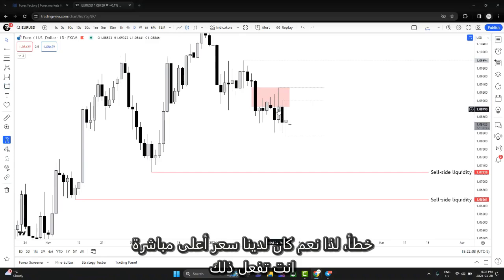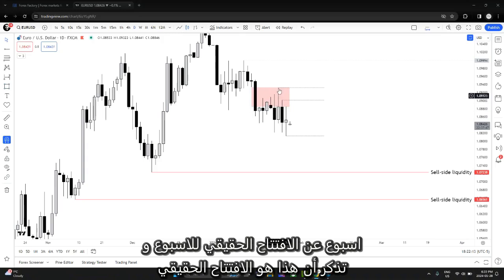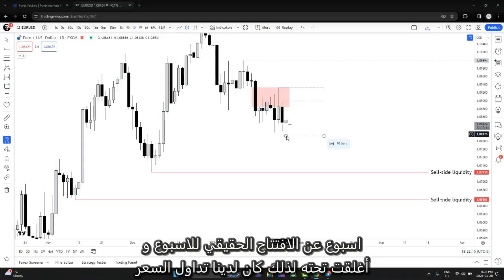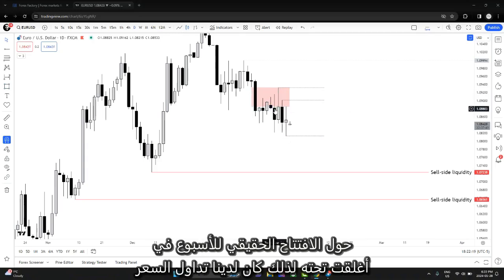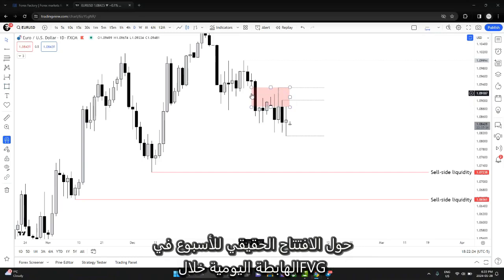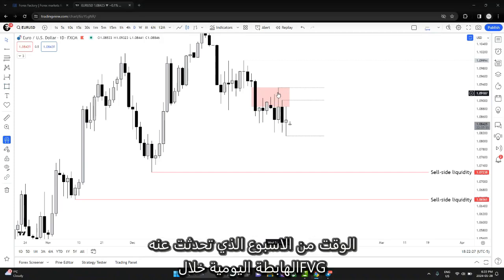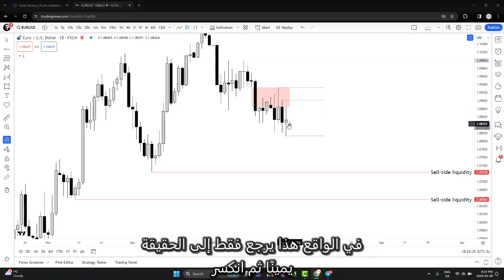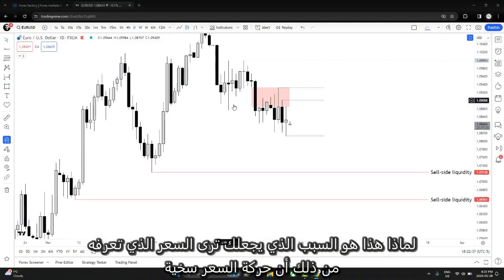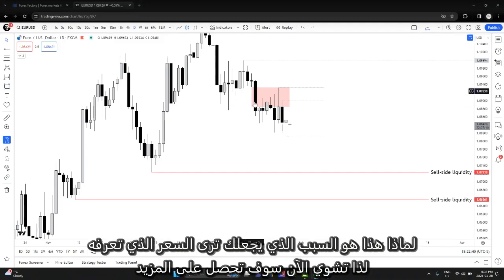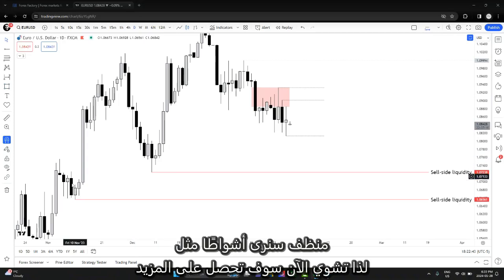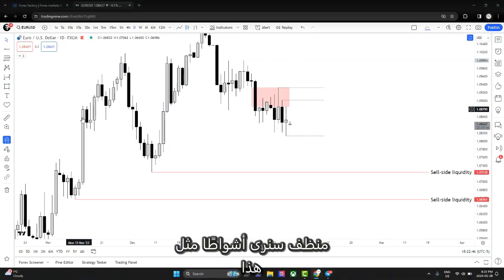So yes, we had price trade above, remember, this is the true open of the week, above the true open of the week, and closed below it. So we had price trade above the true open of the week into a daily bearish fair value gap during the time of the week that I talked about, right? And then it broke down. This is just due to the fact that it's generous price action, which is why you see price so choppy right now. It will get cleaner. We'll see runs such as this, right?